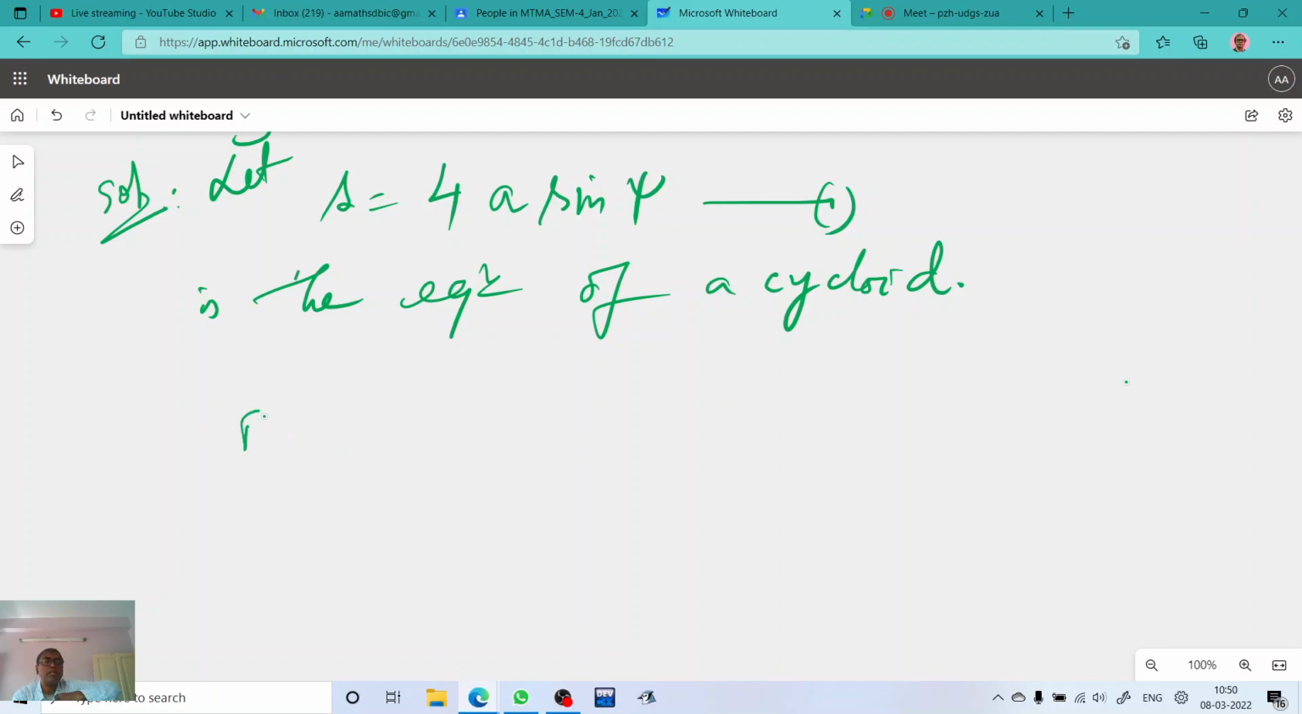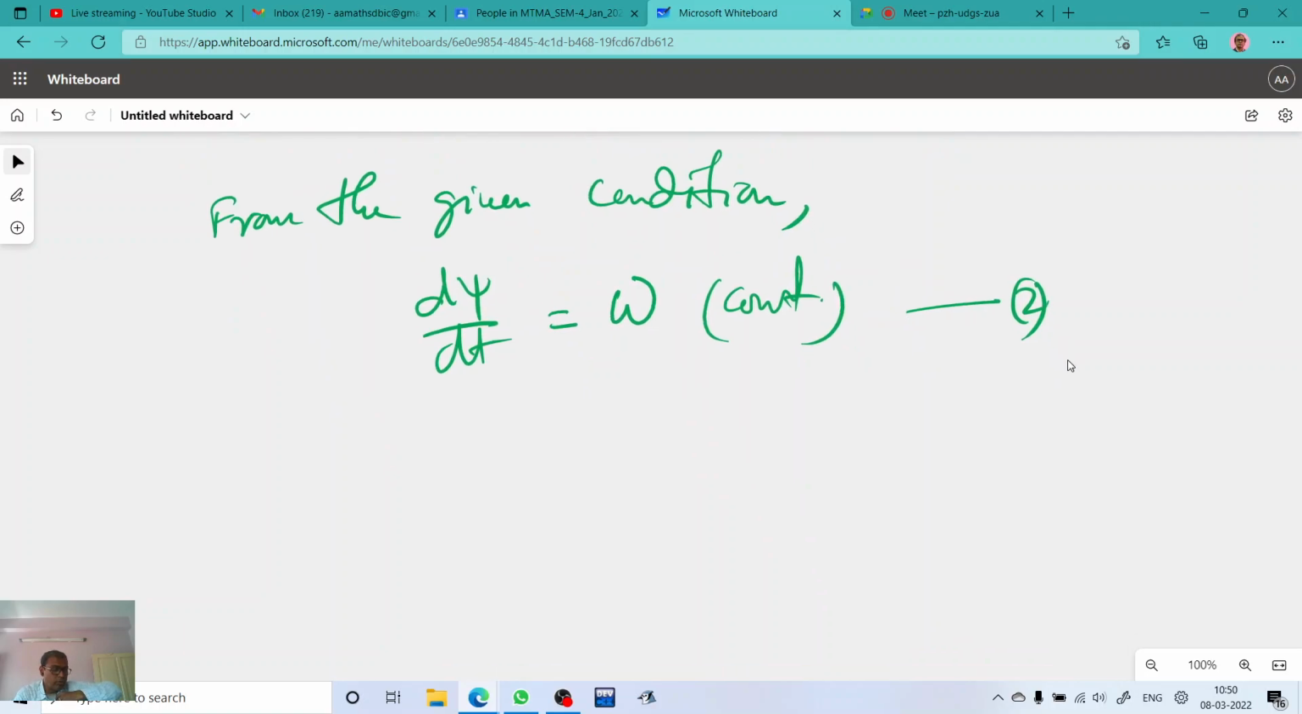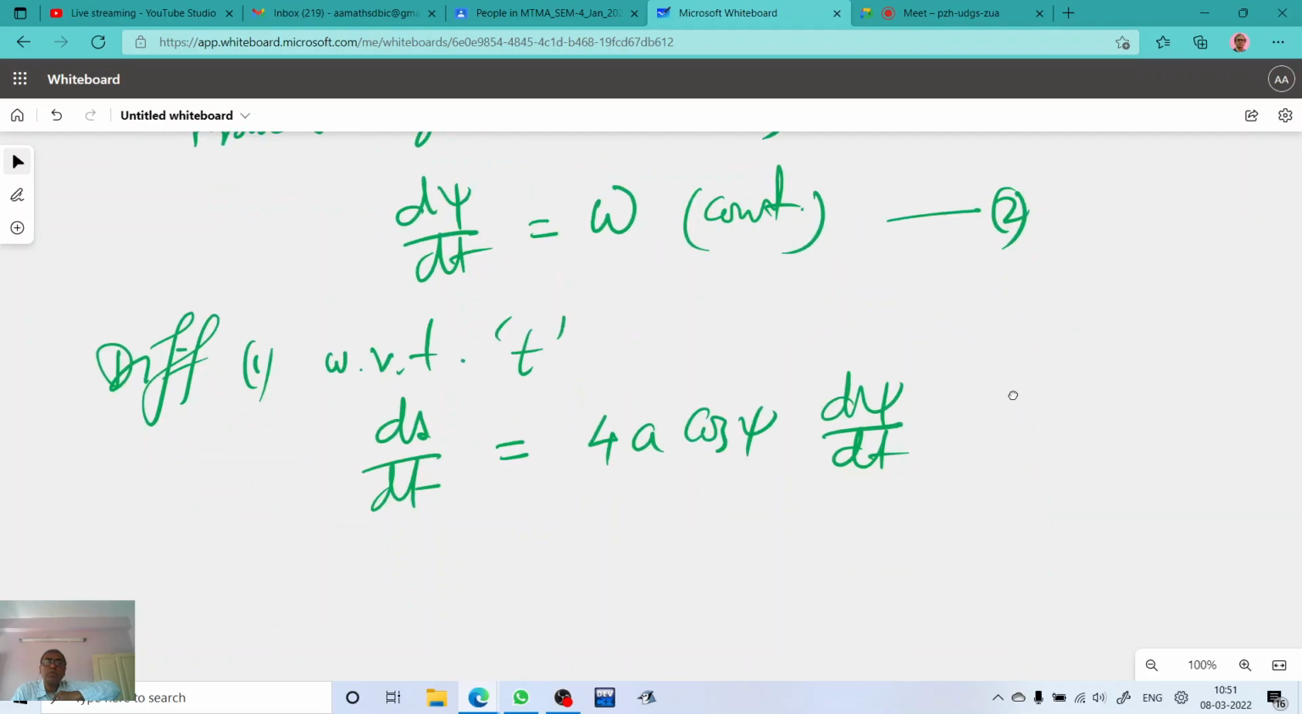যে condition from the given condition, d psi/dt equals to some constant omega, say, এটাকে আমরা 2 নম্বর ধরে নিলাম। আচ্ছা, এখন আমাদের 1 নম্বর ইকুয়েশনটাকে t এর রেসপেক্টে ডিফারেন্সিয়েট করছি। Differentiating 1 with respect to t, দেখো তো কি আছে। ds/dt equals to 4a cos psi into d psi/dt। এখানে দেখো d psi/dt মানে হচ্ছে omega, 2 নম্বর ইকুয়েশন থেকে। তাহলে লিখতে পারি 4a omega into cos psi by equation 2।